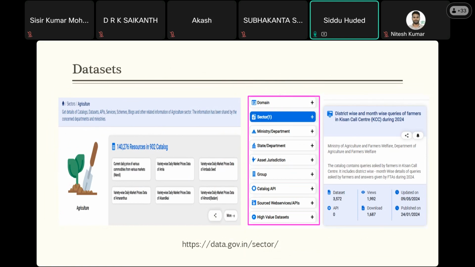data.gov.in. It is maintained by the government of India. This has different data sets for different disciplines. It also includes agriculture related data. Data is very important in